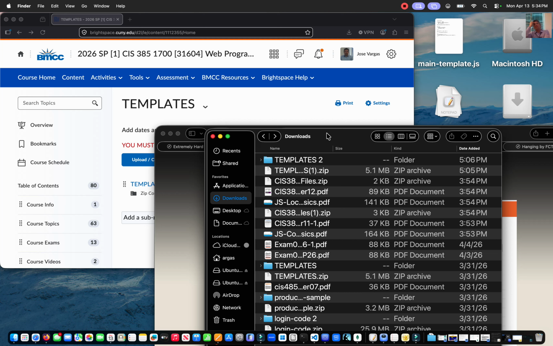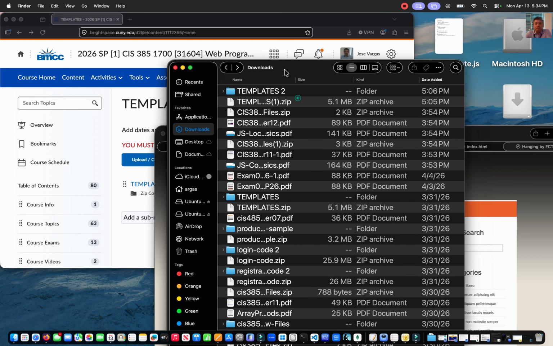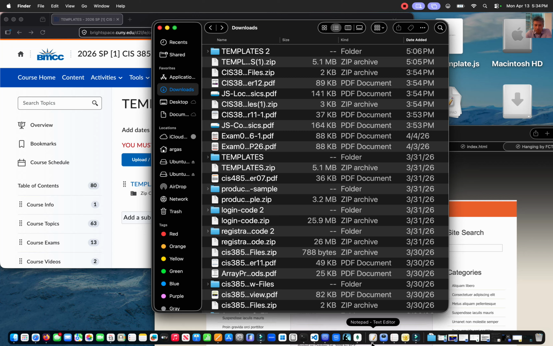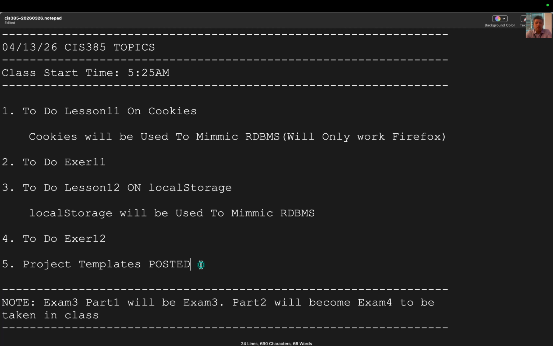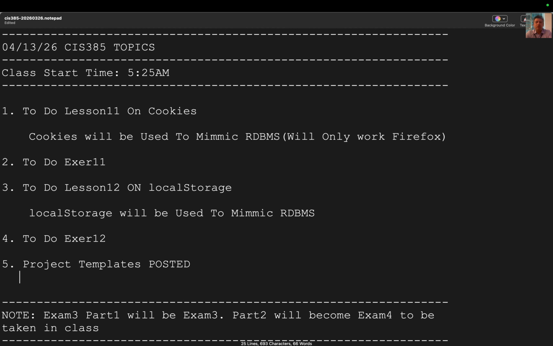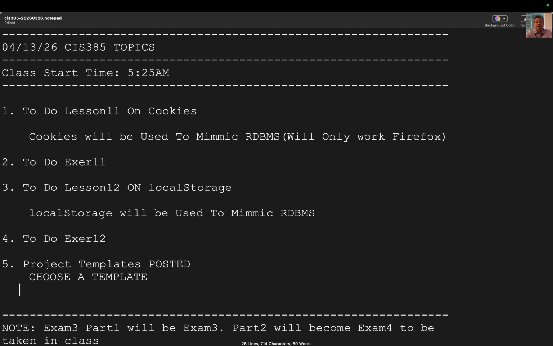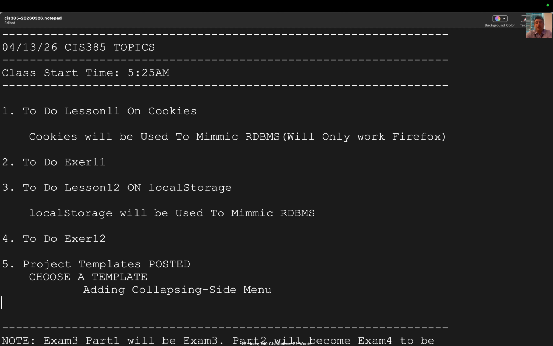Anyway, but we'll talk about it more on Wednesday. So you're going to choose a template, and keep in mind that you will be updating it. You'll be adding a side menu, a collapsing side menu, and you'll also be adding a